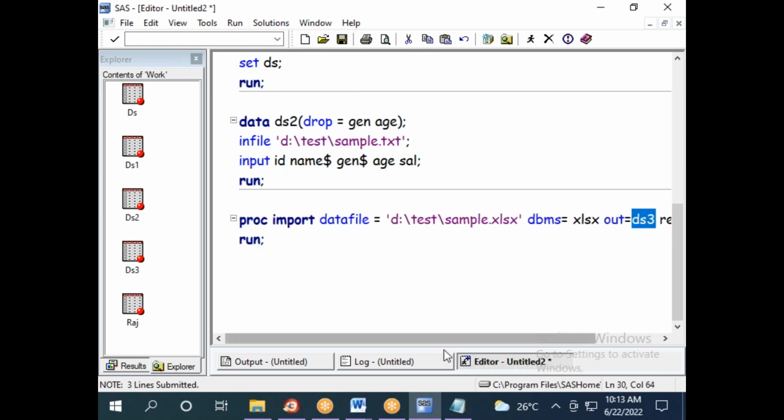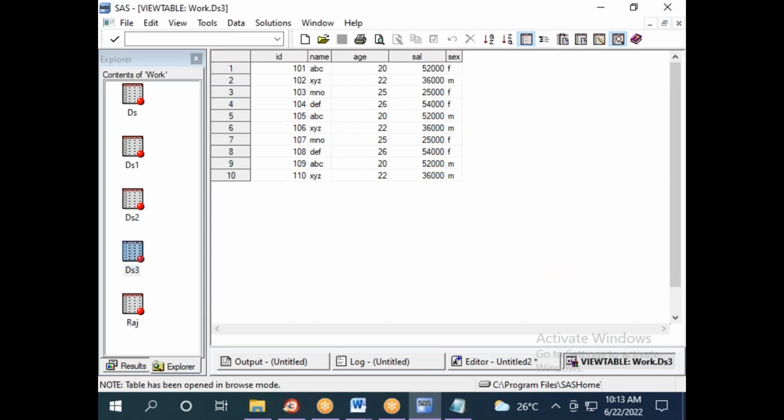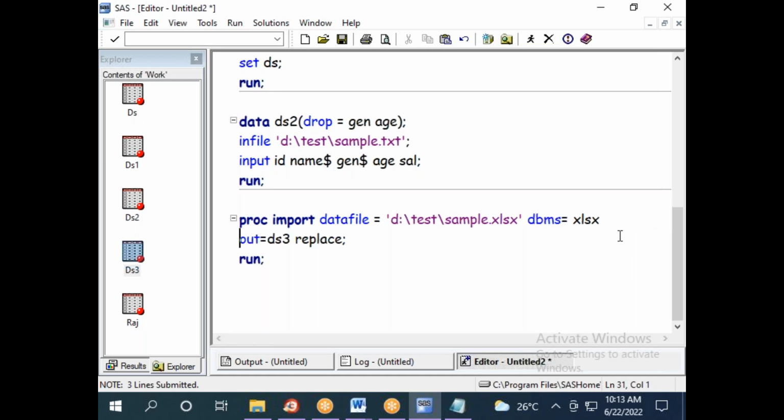into a data set called DS3. Check your log window, it is fine. So in the DS3 data set, you can see all the information. I don't want the variable information age. If you don't want it, what to do? Where to use the drop option? After the data set name. What is my data set name here? Bracket start, drop is equal to